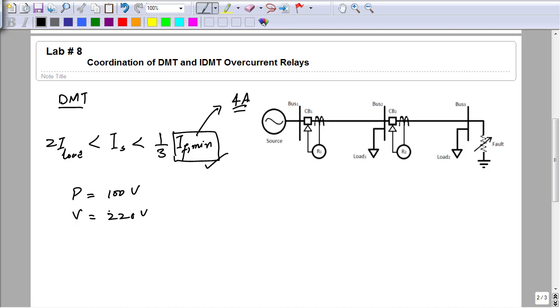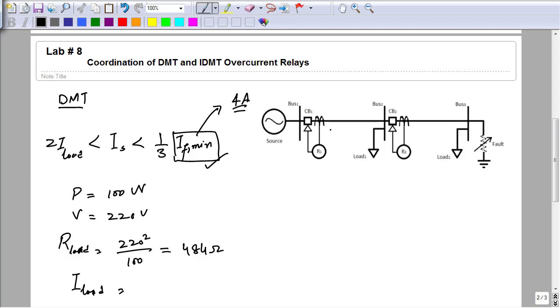First we will calculate the resistance of this load. The resistance of the load will be the square of the voltage divided by power. I am using the formula P equals V square over R. So here the resistance will be 220 square over the power rating of the bulb, that is 100 watt. After calculation it is 484 ohm. Now the load current will be the voltage at which this load is operating.